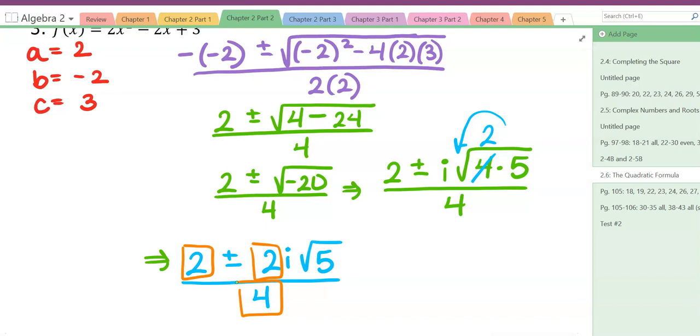What's a number that could go into all 3 of those? 2. So I'm going to reduce it by taking a 2 out of all of those numbers, not the square root, just the numbers that are sitting in front. So if I divide all of these by 2,